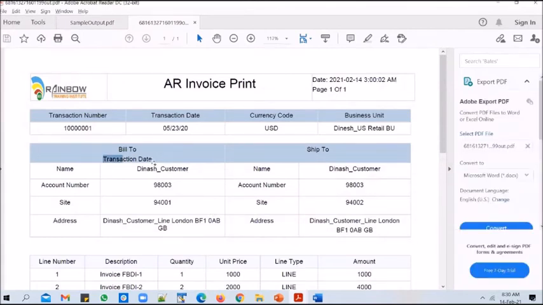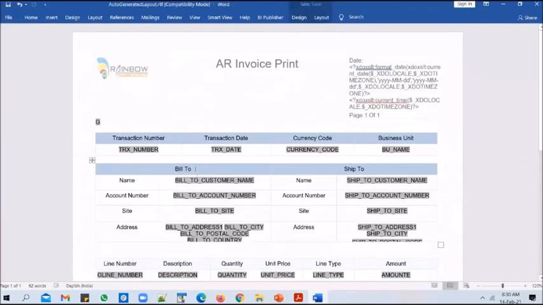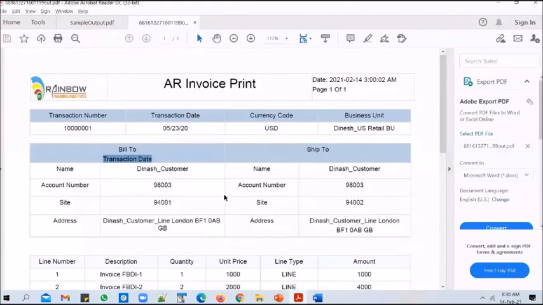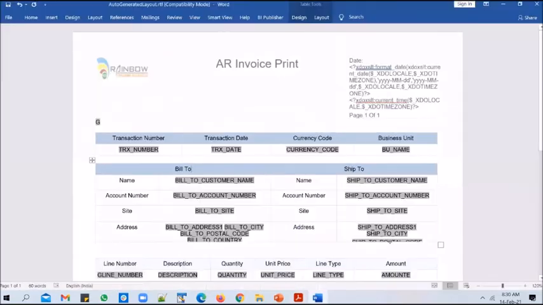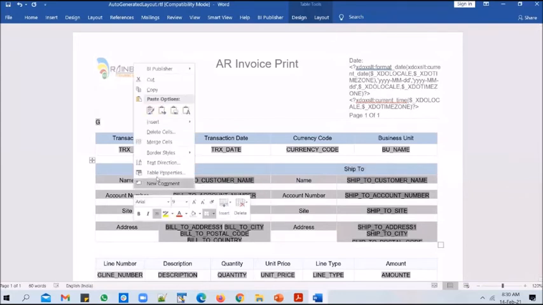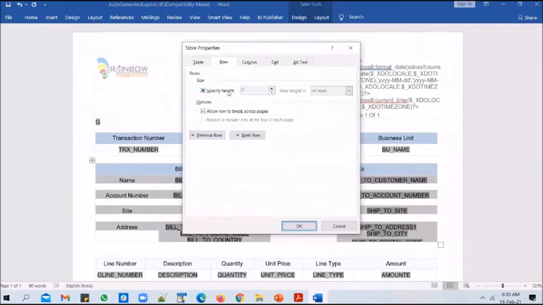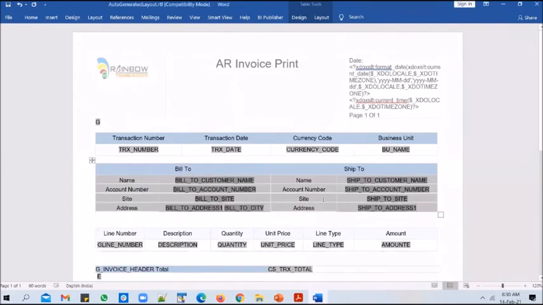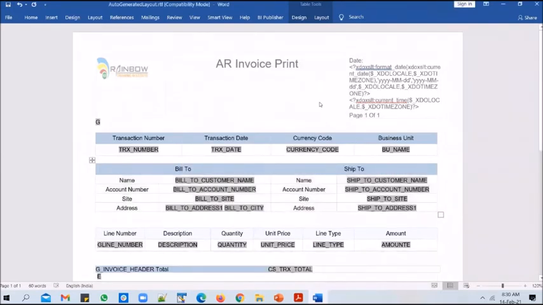So this transaction date is coming up. I don't know from where. Let's go back to the Word document, and there might be something in there. Yeah, the transaction date. Take it off, and yeah, you could see the details getting printed. But it looks like for these rows, a 0.25 is looking slightly bigger. So change the height. Specify the height to 0.2, not 0.25, and make it exactly. Yeah, and let's go ahead and print the output now.